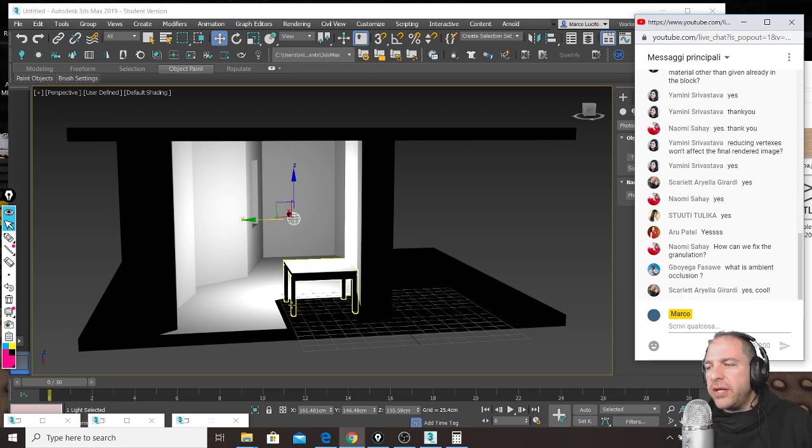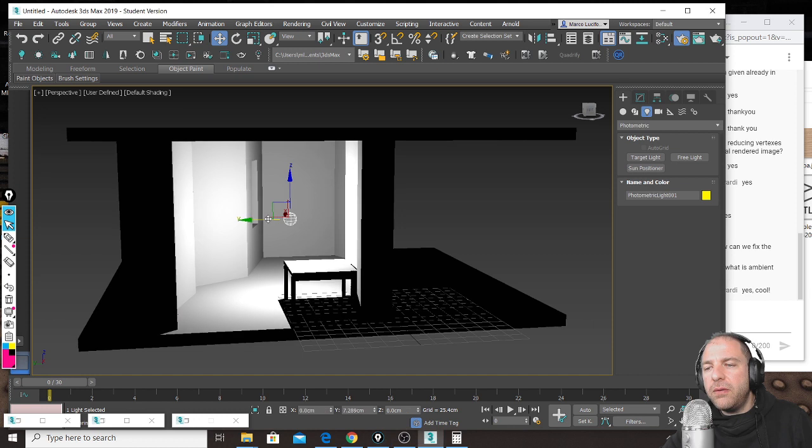So in real life, what you can notice is that whenever there are objects that are close to each other, even if they are hit by light, there are small shadows whenever there is a corner. So in real life it happens this. Look, if I move this light in here,